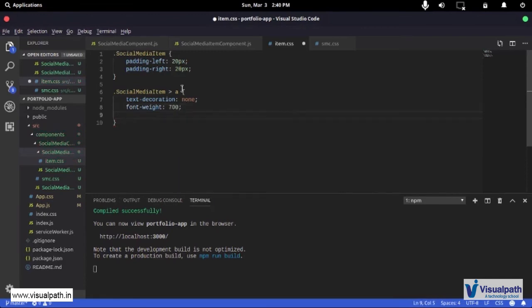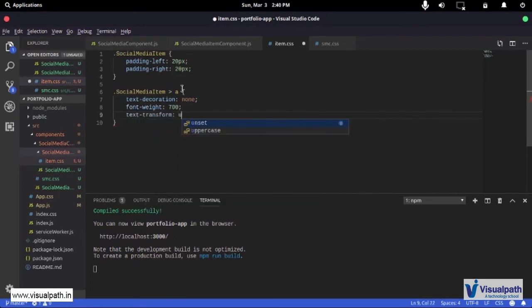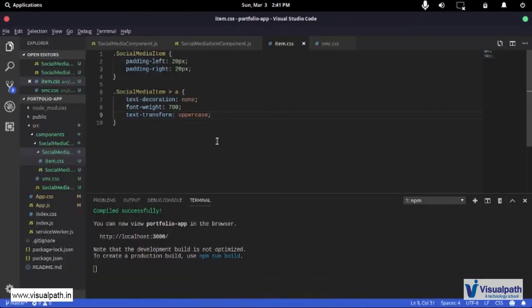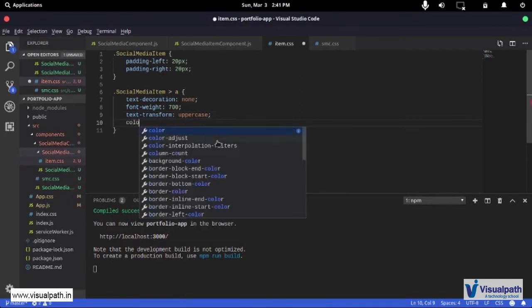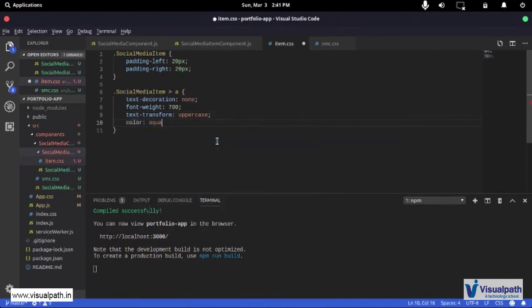And then I'm going to have a text transformation of uppercase, so that they are all uppercase letters. Then you can clearly see that the line is gone, they're all uppercase, and they're slightly bolder. Now I also want to change the color, so I can explicitly say I want the color to be say aqua for now.